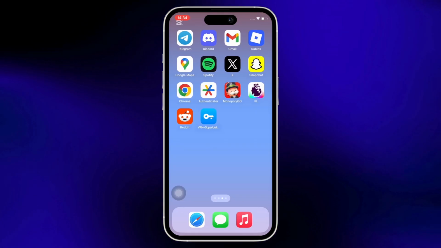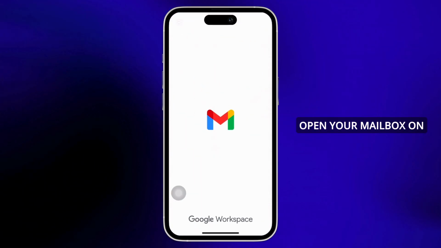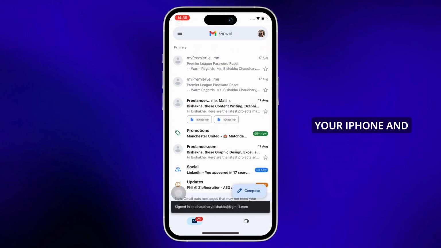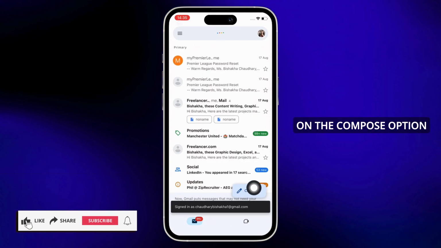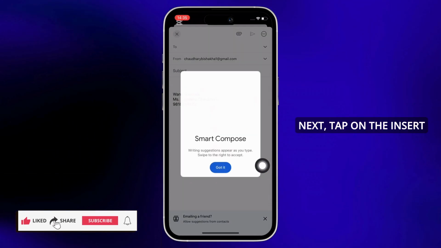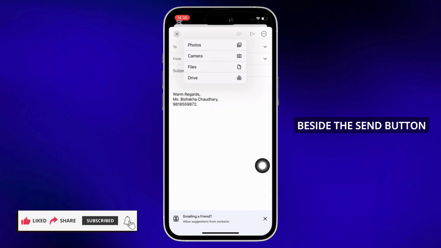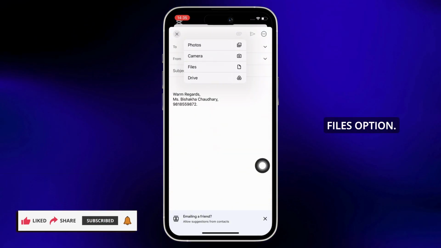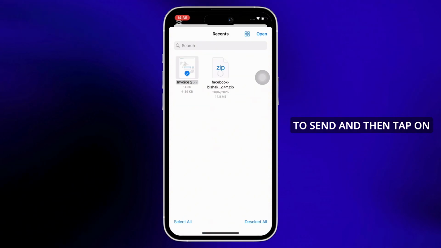Now let's get right into the tutorial. Firstly, go ahead and open your mailbox on your iPhone, and further, go ahead and tap on the compose option you see there. Next, tap on the insert link icon you see there beside the send button and then select the files option. Now go ahead and choose the file that you want to send and then tap on the